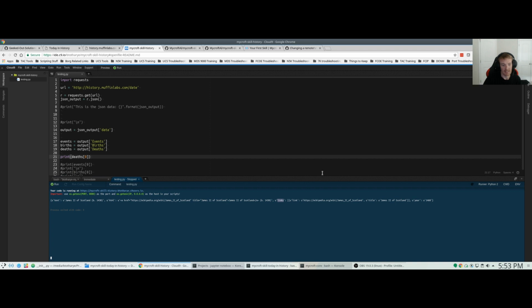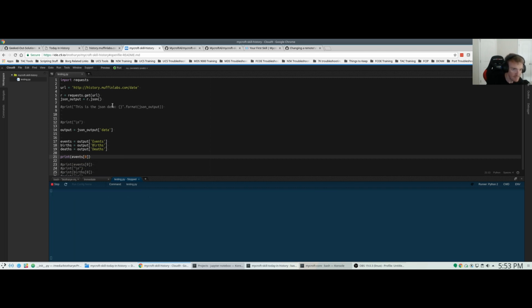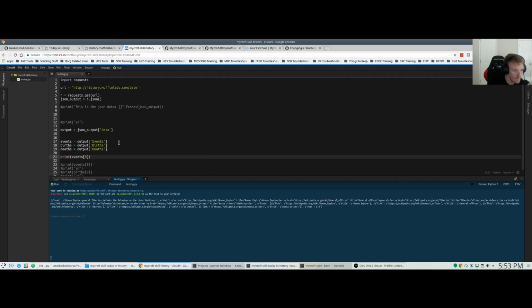So to make this easier, we're just going to deal with events, like I said. So now we're just going to make this events and see what is that first event. And you can see that the event is the Roman Emperor General Tiberius defeats the Dalmatae, I think is how it's pronounced, on the river Bathinus, I think, right? So we just want the text version for our example and our skill